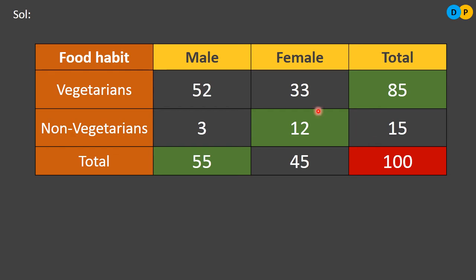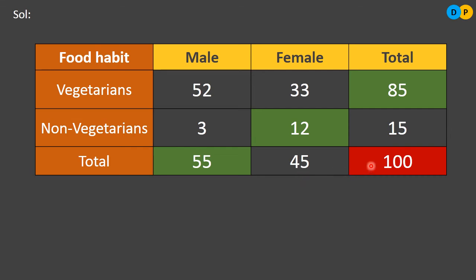male. So if I want to know the male strength, I can easily say 55% were male. So 100 minus 55 will give me the value of female strength, that is 45%. Very simple. In the beginning I knew only this data, 100%. In the question itself they have given that 55% were male. So 100 minus 55 is 45, so I came to know that the total strength of female is 45%.